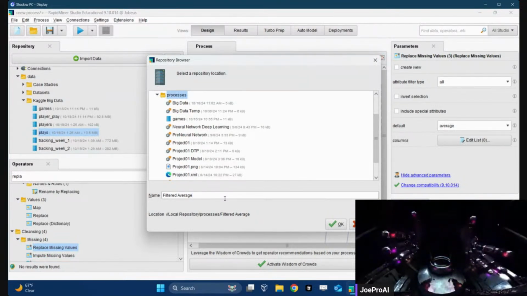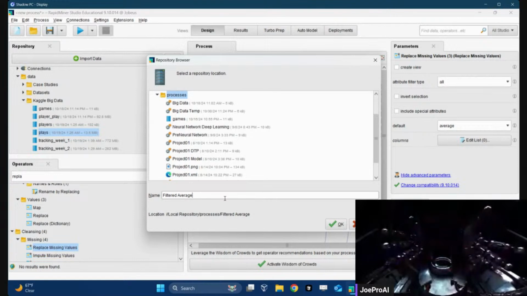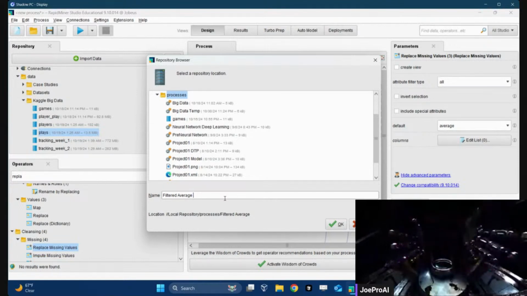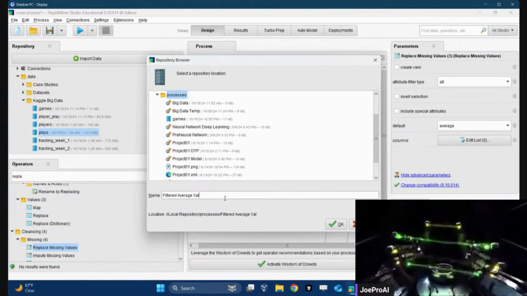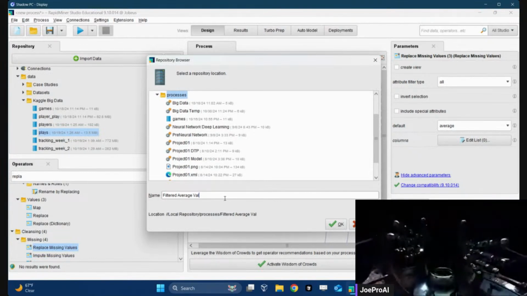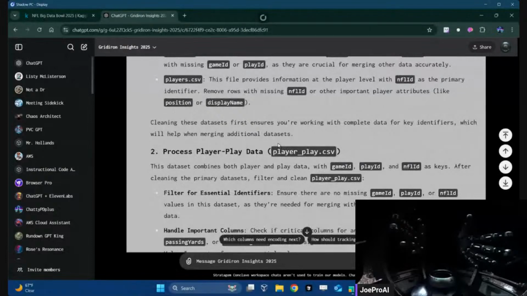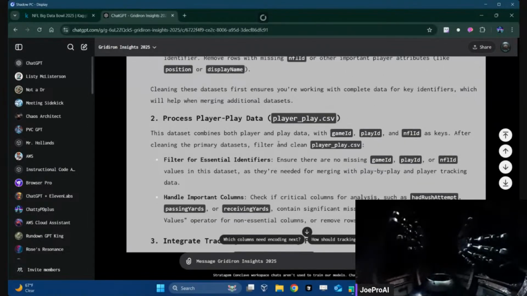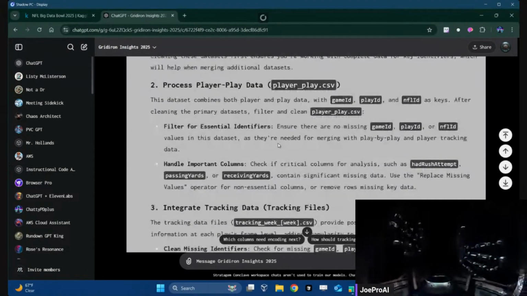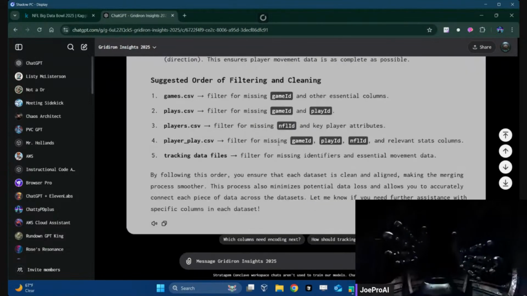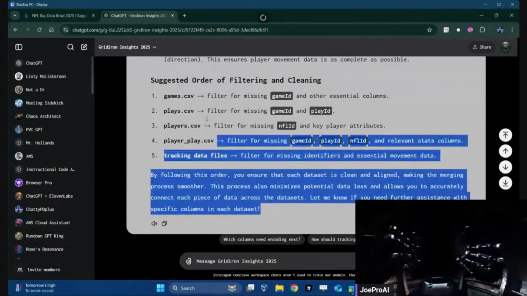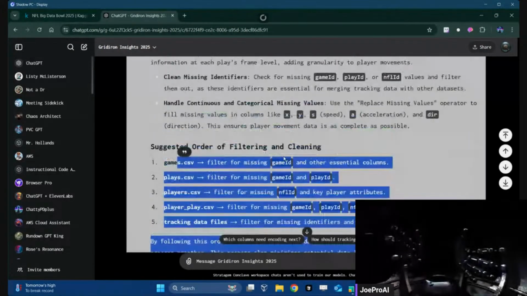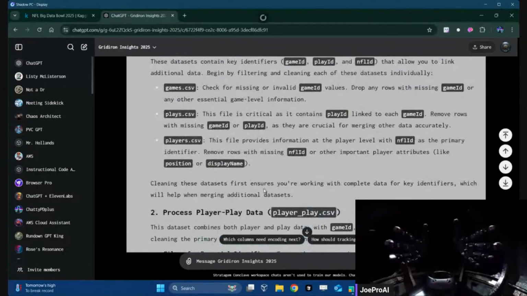Filtering average values. Okay. All right.